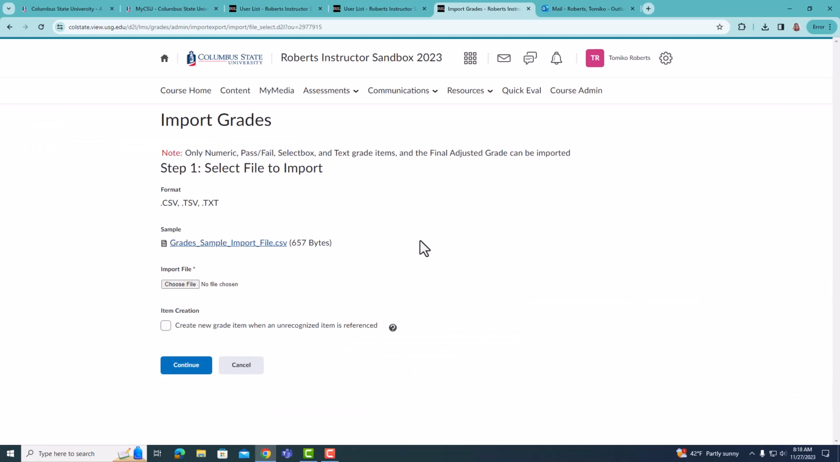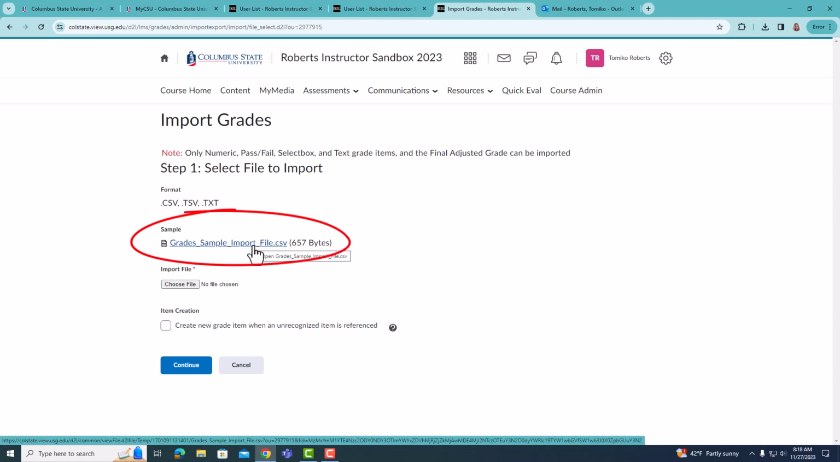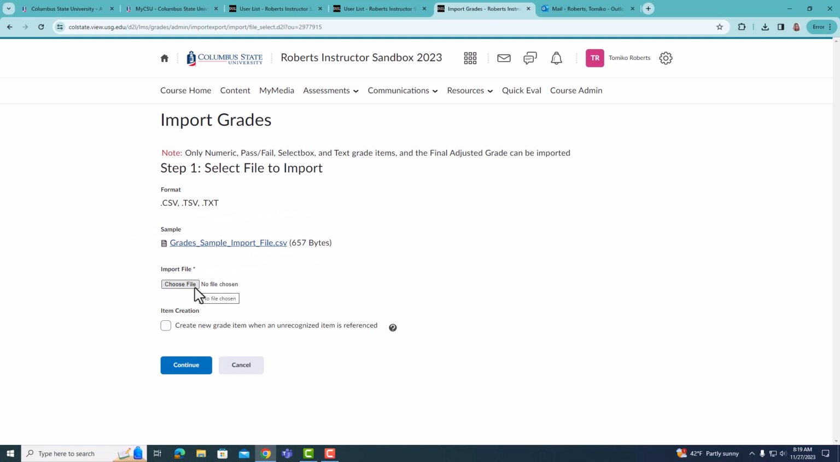instructors can import external grades. For reference, a sample grades import file is available on the Import page. Click Choose File to select a file from your device. Note that Brightspace supports the following gradebook file formats: CSV, TXT, and TSV. If your gradebook is in Microsoft Excel format, you must convert to one of the supported formats before you can